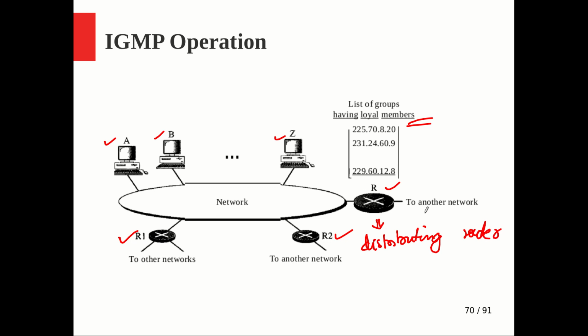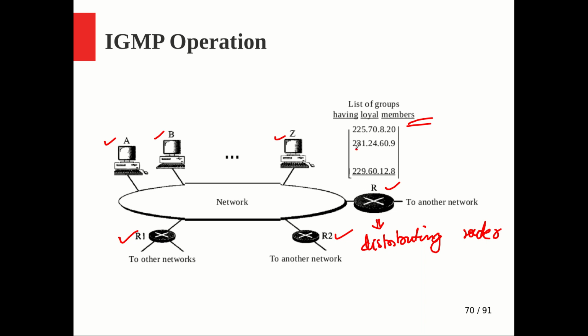for this group, but if you want you can make others also, but in this example it is taken like that. So for this network you don't have to maintain more than one distributing router, provided this one router is capable of doing it. R1 and R2 can take care of some other network, of course, the multicasting part only, and all of them will be doing the normal unicast routing, of course. And this multicasting you can make use of a single router, or if you want you can give the task to more. But if you are giving it to more, you have to ensure that, for example, this particular router is handling these groups like 225.70.